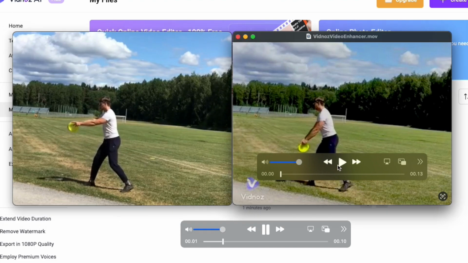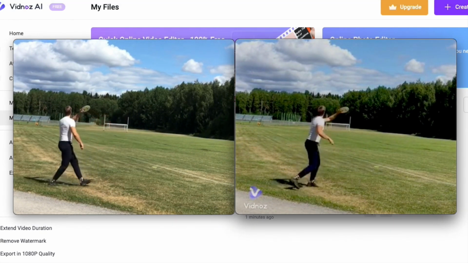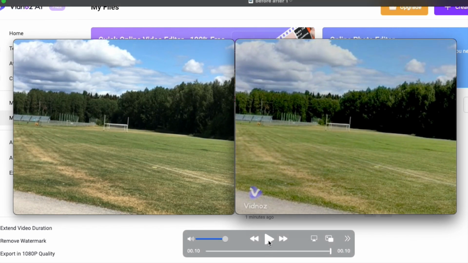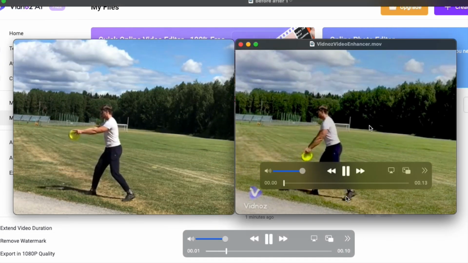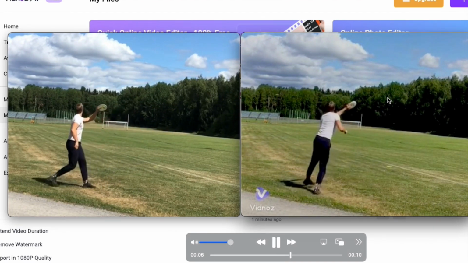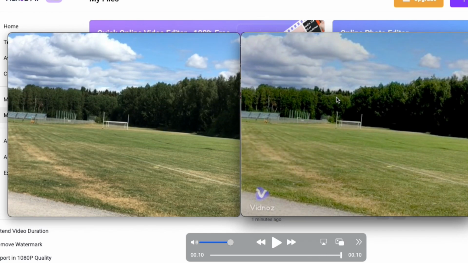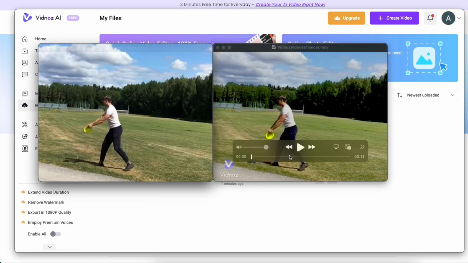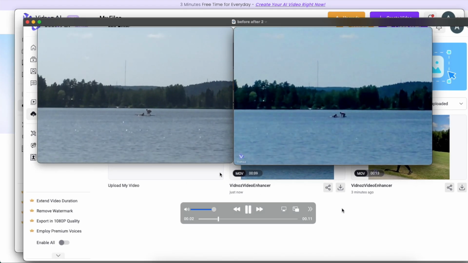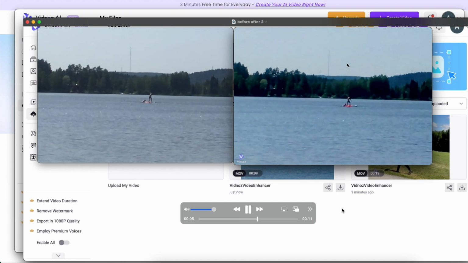So here's the original video on the left and the upscaled video on the right. And I would say that the color correction looks pretty awesome. This video is now much more enriched in color than the original one. So this looks pretty amazing. But the definition and detail and crispiness hasn't improved one bit, at least to my eyes. And if I show you the second example, we get the same phenomenon. In fact, I would almost say that the quality on this upscaled or enhanced version is a bit worse than